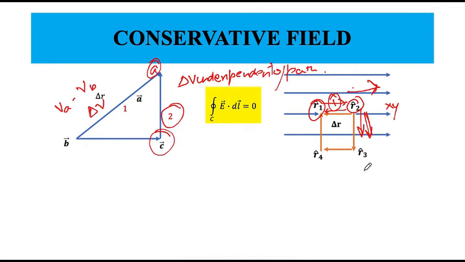So I move from R2 to R3 without any work. Now I move from R3 to R4. When I move from R3 to R4, I will be performing some work against the field, and this amount of work will be exactly equal to the work obtained if we had gone directly from R2 to R1, because this is parallel to the field direction. It has the same length, and the electric field has the same value along R3 to R4 as along R2 to R1.